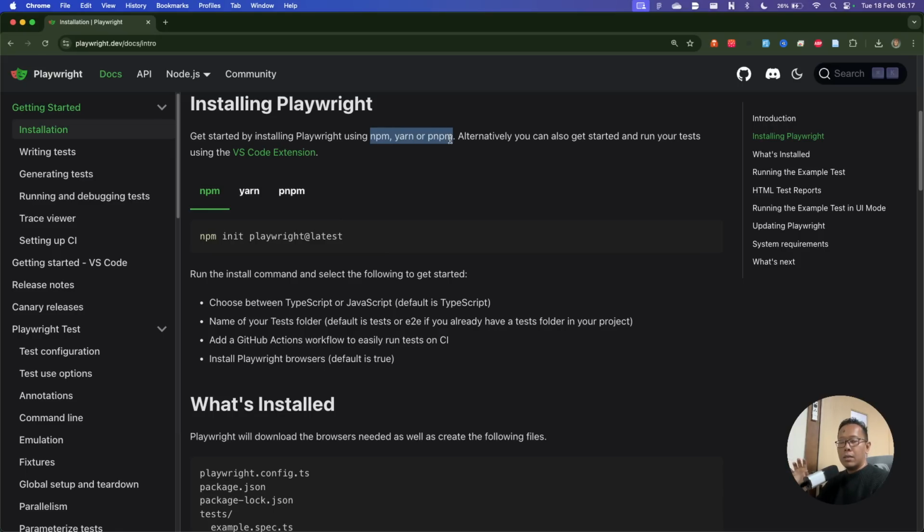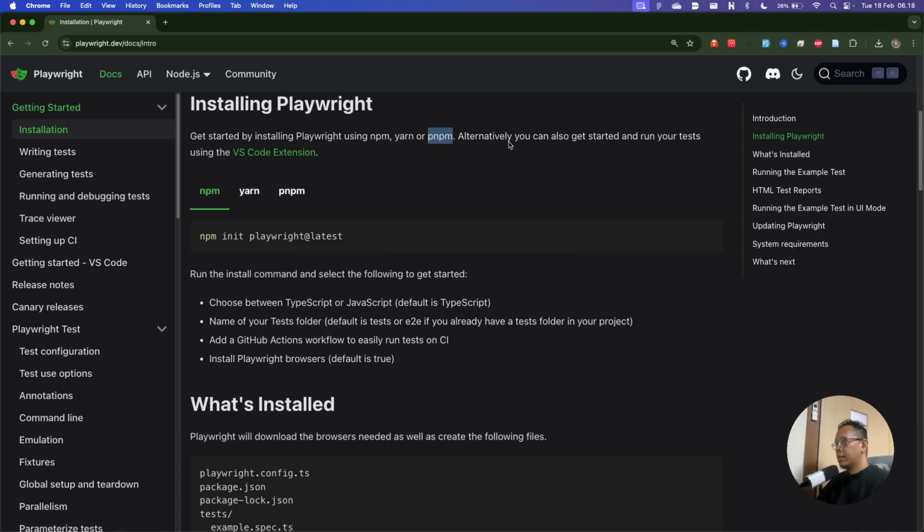So working with Playwright requires you to understand Node.js. It requires you to understand JavaScript. So please learn the basics of JavaScript, the nature of npm, how npm works, how Node.js works, something like that. Just a little bit, learn how to install Node.js, and you will get npm. Whenever you need yarn, you can also install yarn, or if you need pnpm, you also can install these things.